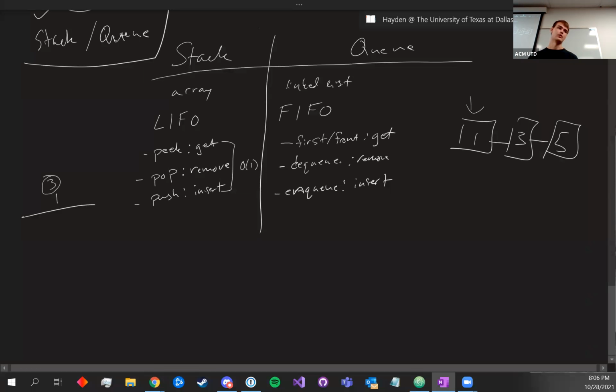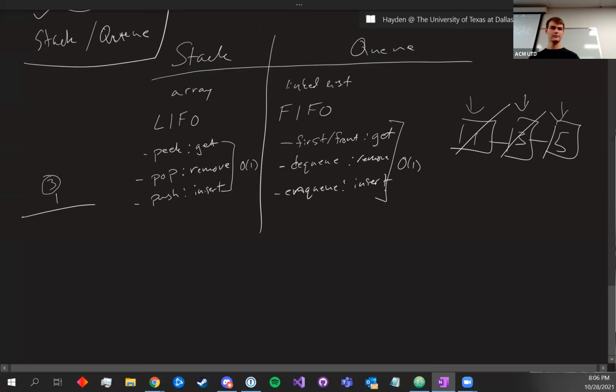So if I call this queue.dq, I'll get rid of that one, and then the pointer now points to that. That's the head of the queue. Then I remove that one, and the pointer now points to that. Okay. So these are also all order one. The reason insert is order one here,